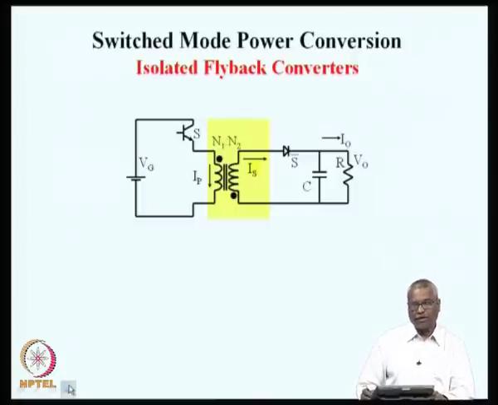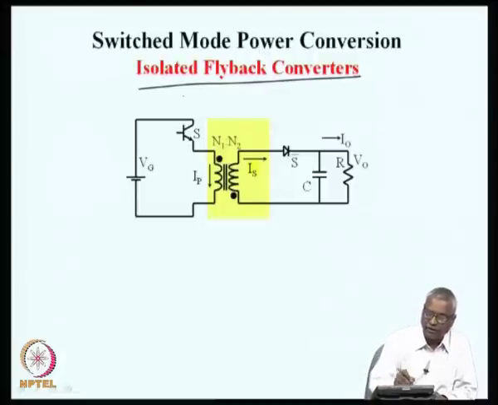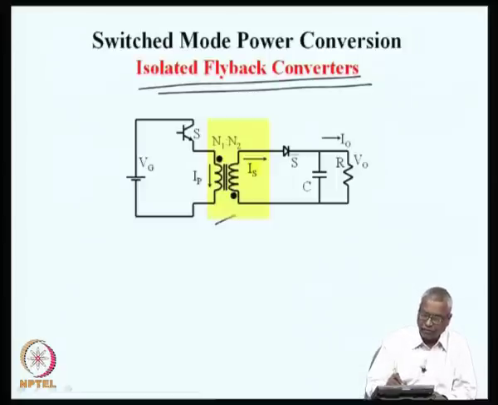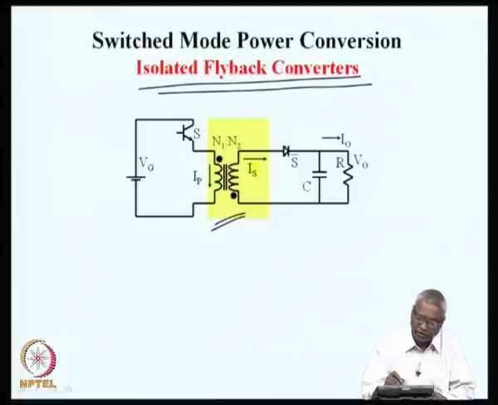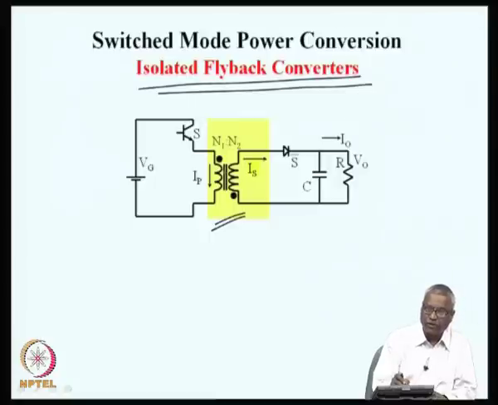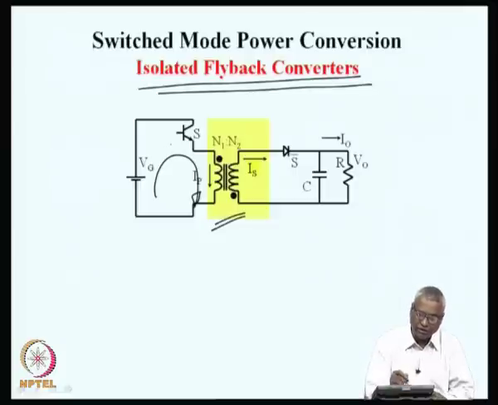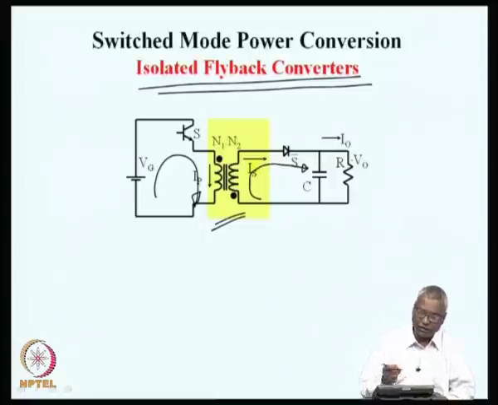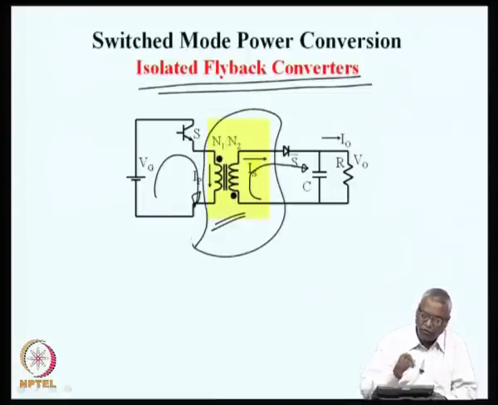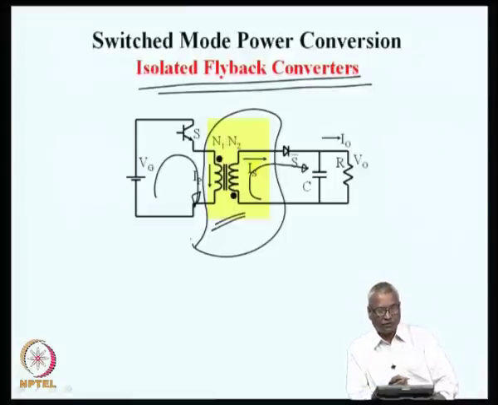At the smallest power levels, the converter circuit which is normally very popular is the isolated flyback converter. All that is done is that the flyback inductor is now split into a primary inductor and a secondary inductor on the magnetic circuit. While energizing the core through the primary, energy comes into the core through Ip, and then when the switch is turned off, the stored energy in the inductor goes through the diode to the load. So, this also is a fairly simple converter, and the important point to notice is that it has only one magnetic element for both isolation and storage.